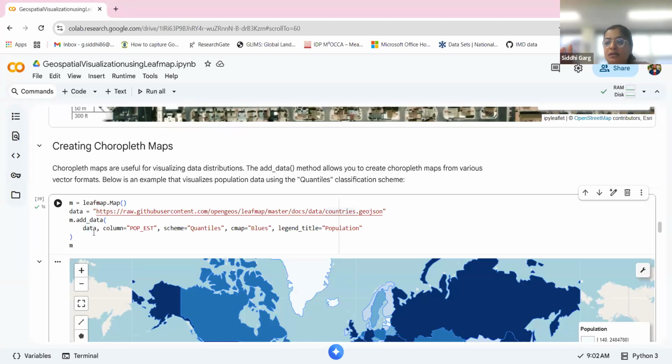So it was a step by step process, but it required some manual work in order to showcase that particular information on your map in QGIS or ArcGIS. But here in Python, you just need to provide the URL for that particular data set, and you do not even want to manually manage your CSV file and do all such manual labor that we required in other GIS